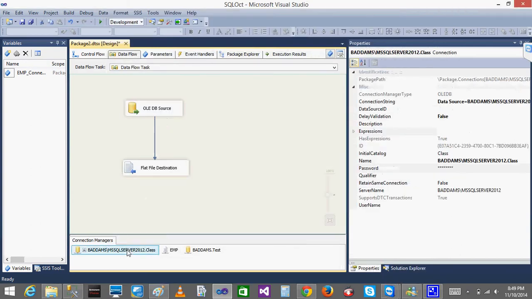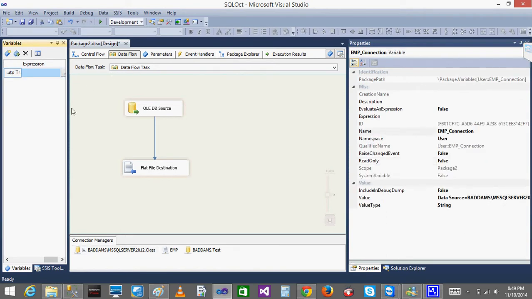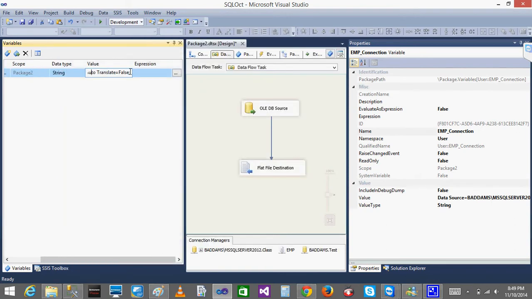it is not changing because of the variable. So I'll go to the variable. In the variable, I'll change the connection properties here. I'll change it to test, in order to show you. Actually, I'll change it to temp. Temp means delete. So the initial catalog is temp. Done. Okay, so I'll click on this,